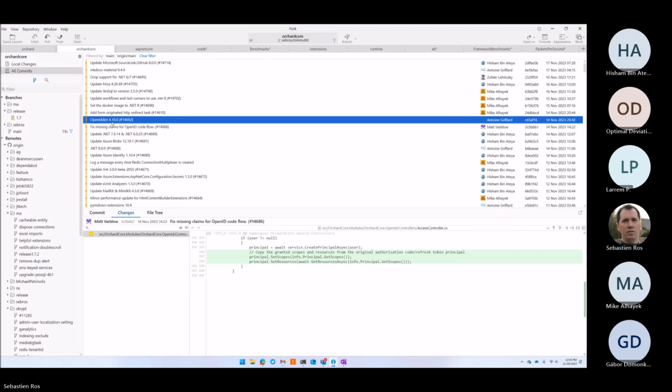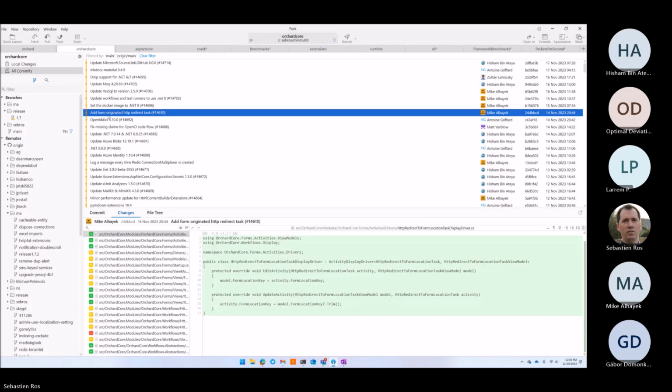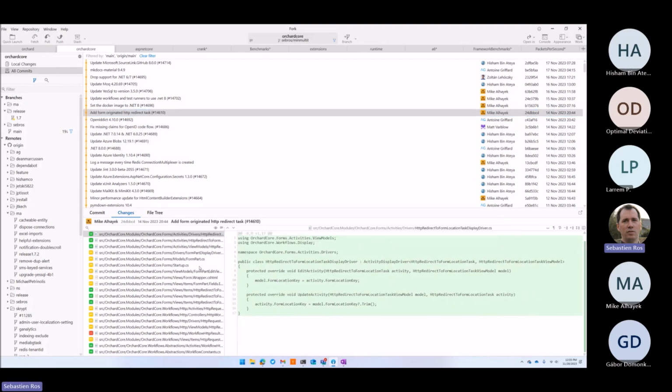Okay. OpenID update 4.10. Add homogeneity display direct task. Like feature, we talked about it during the meeting. It was the mode.